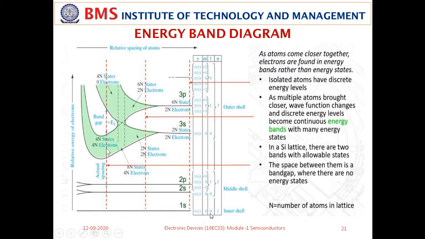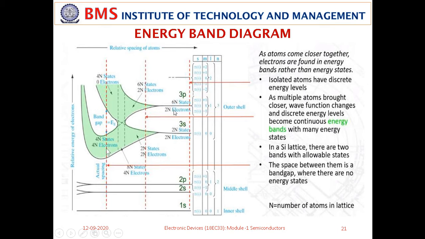So this is about the rightmost side of the table. When you go to the left side of the table, let us see the graph and what we have shown here. Just for reference, this table has been shown here. This is a thought diagram where we can easily understand how, when many atoms are brought together, energy levels split into bands and form an energy band. On the x-axis is the relative spacing between the atoms. When you move to the right side, the spacing between atoms is larger, meaning two atoms are far away.